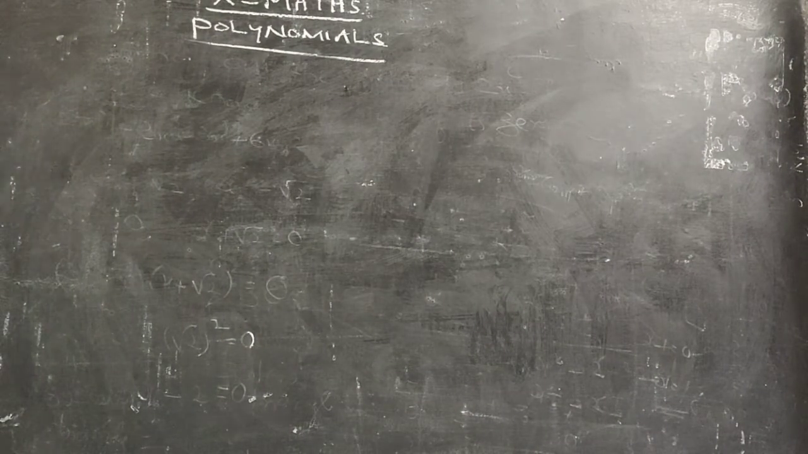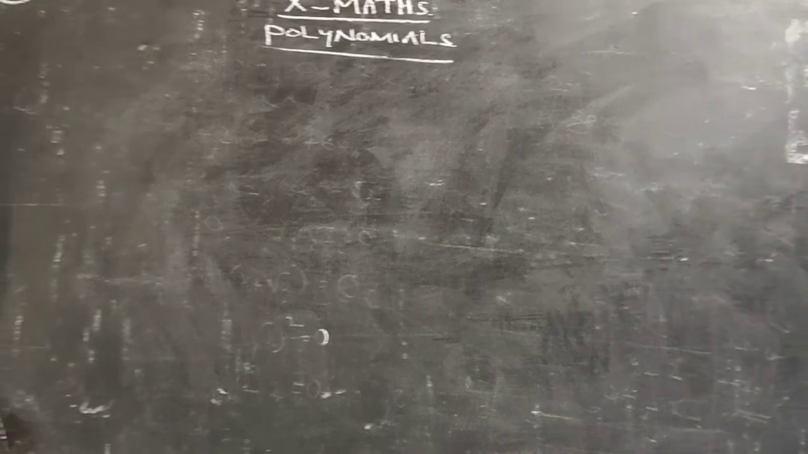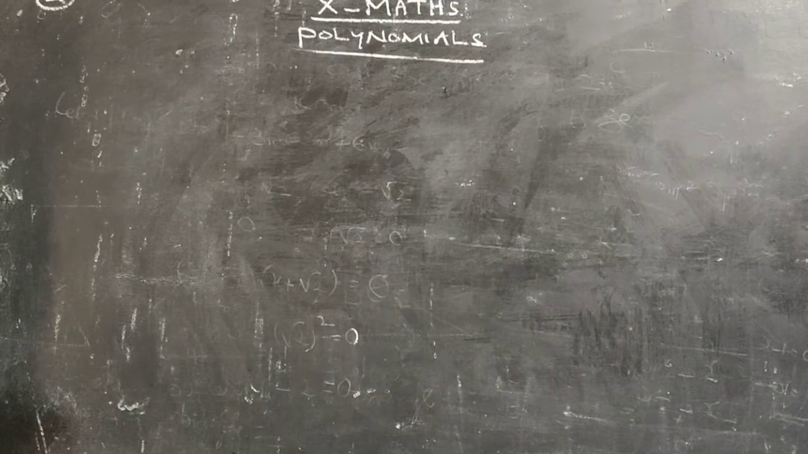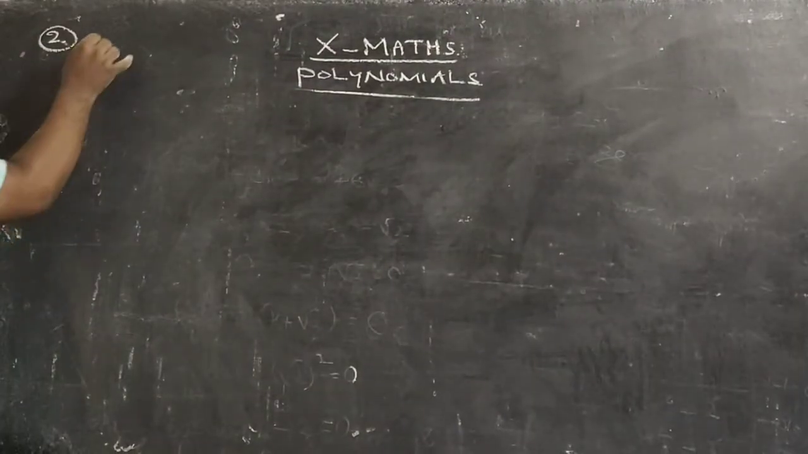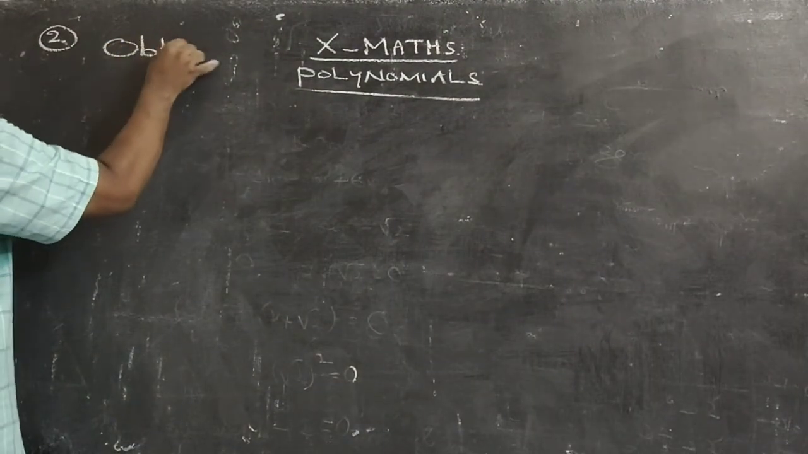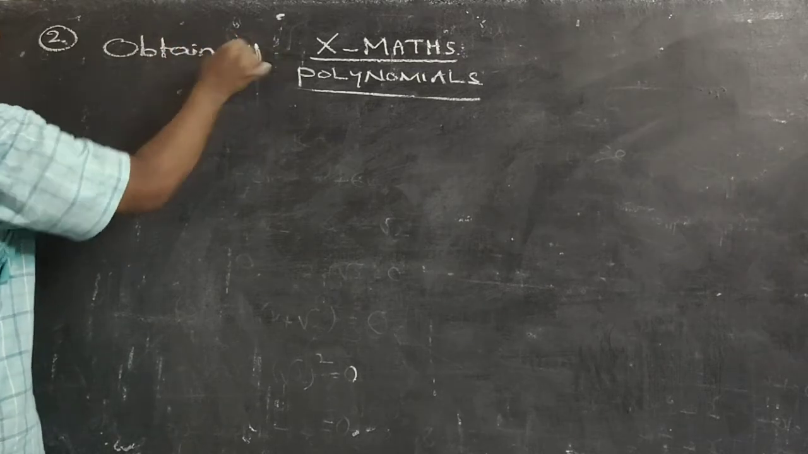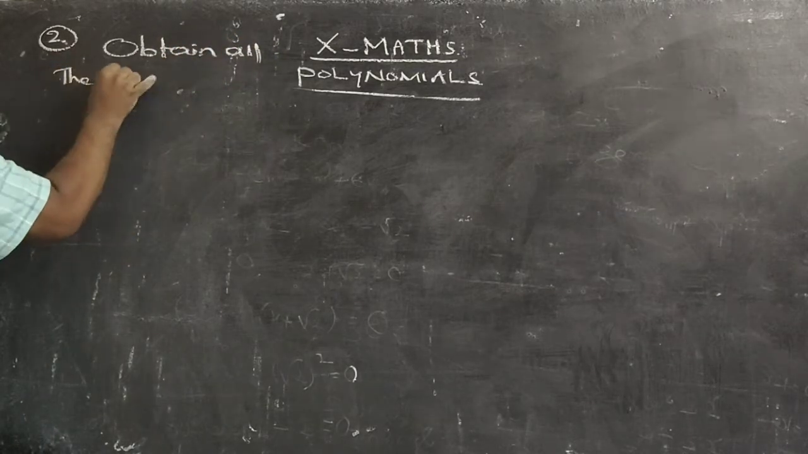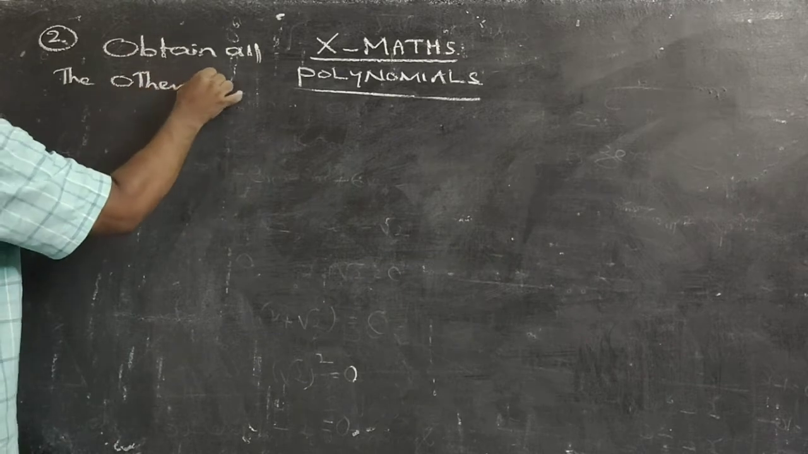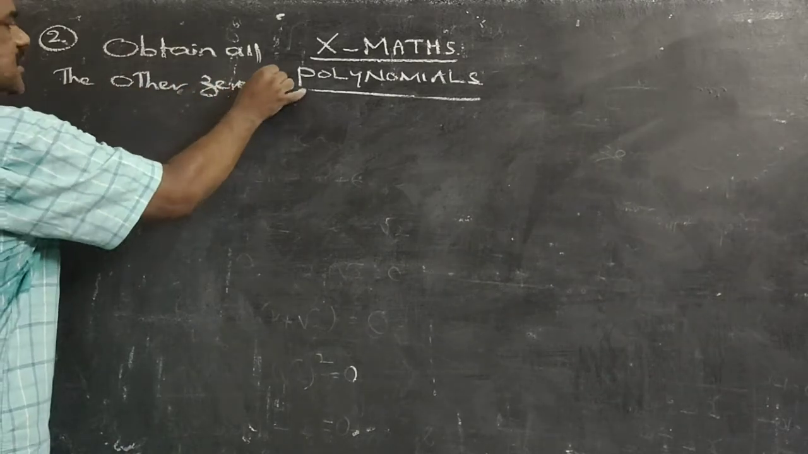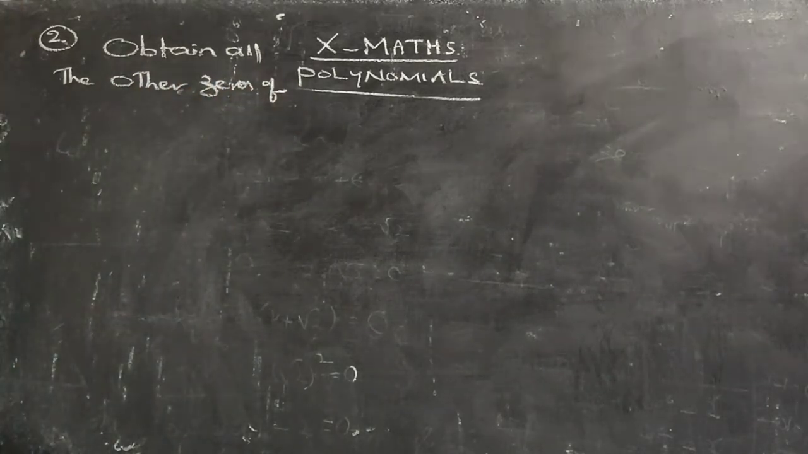Right, next question. Obtain all the other zeros of the polynomial